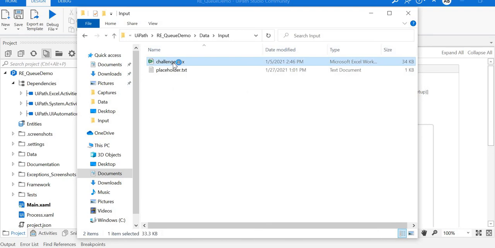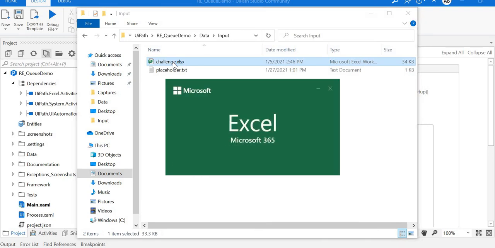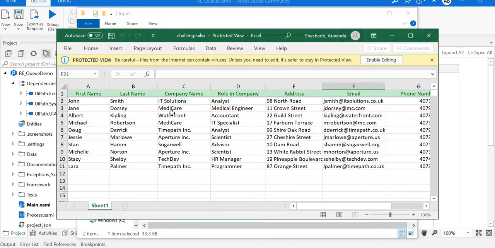You could see there are multiple rows of data available on this Excel sheet. So we have to fetch this data from this Excel sheet and enter those data onto those fields available in the RPA website. Okay, this is the scope of this demo.